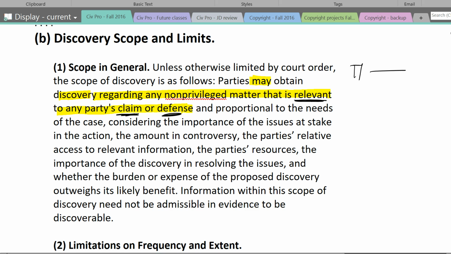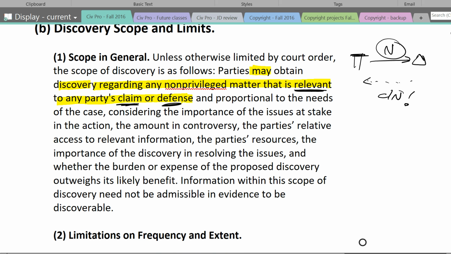So P versus D for negligence, and D's answer says plaintiff was contributorily negligent, right? Well, plaintiff can get discovery from the defendant regarding the negligence claim. Plaintiff can get discovery from the defendant regarding the contributory negligence defense, and the defendant can get information from the plaintiff on those matters too. Okay, and in fact, under certain rules like depositions, plaintiff and defendant can also get information from third parties, such as witnesses, such as people with relevant documents or other information that would otherwise be relevant to any claim or defense. Okay, so anything that's relevant to any claim or defense,